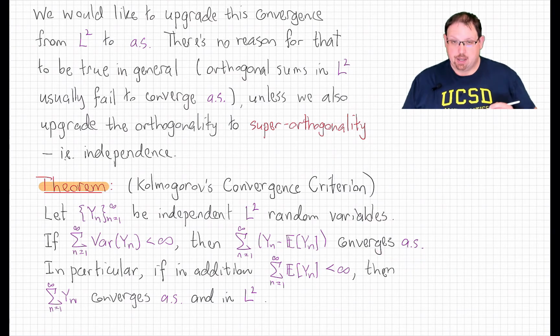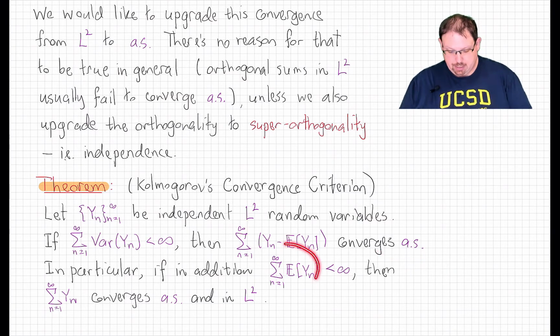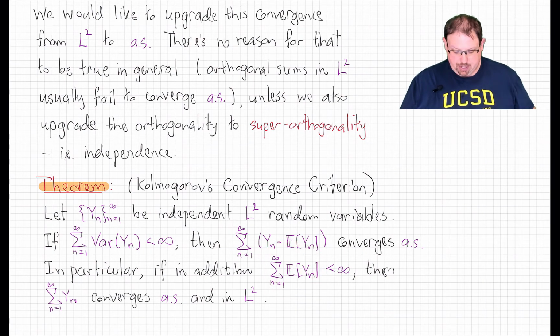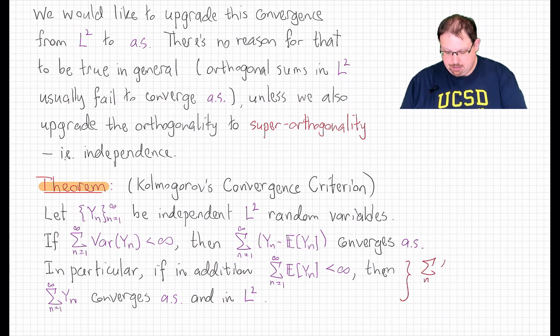In particular, if we also assume that the sum of their expected values is finite, then the sum of the yns, centered or not, converges almost surely, and also in L2. Now that last statement simply follows from the fact that the sum of yn will then of course equal the sum of the centered yns plus the sum of their expected values.